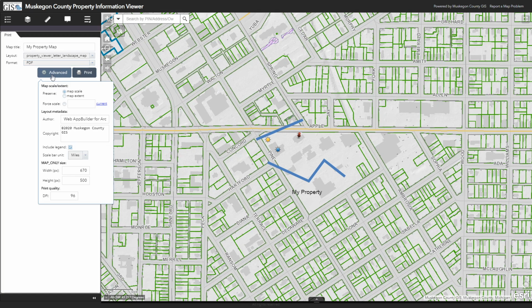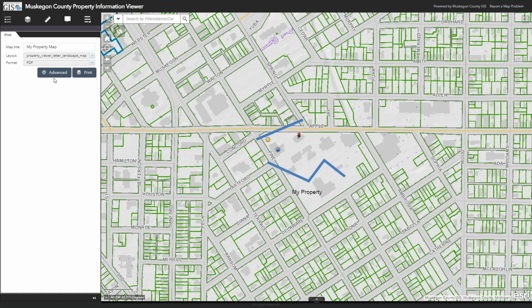If I click the advanced tool, I can choose whether it's preserving the map scale or the map extent, or I can force it to a specific scale. So if I say current, it's going to force it to 1 to 4,513. Maybe I want to make that 1 to 30,600, which is 1 inch equals 300 feet. Okay, some layout metadata information that's in the background, and then some information about scale bars, things like that. We'll go ahead and click the advanced to close that box, and we'll hit print,